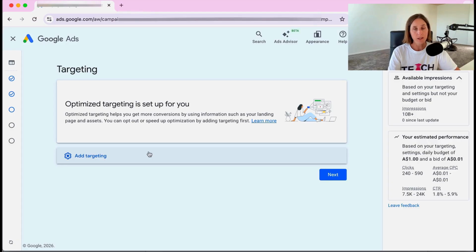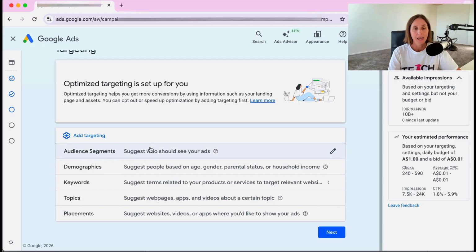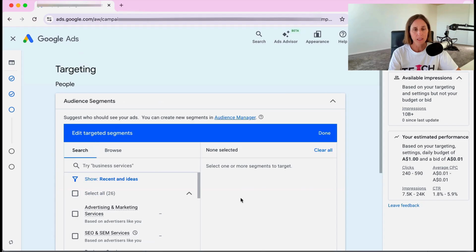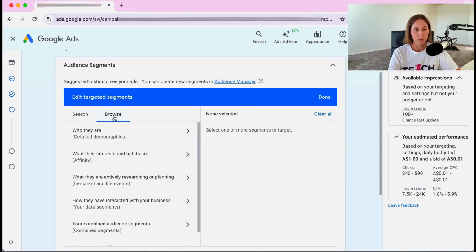Okay, so here is the important part where we're going to choose our targeting. So I'm going to add targeting. And we have a number of different options here: audience segments, demographics, keywords, topics, and placements. So audience segments, if I click on this and we go to browse,